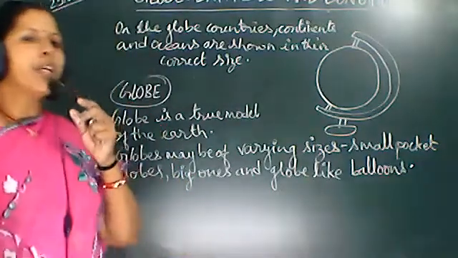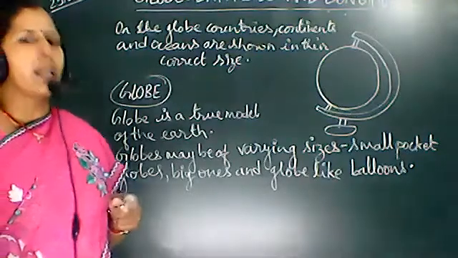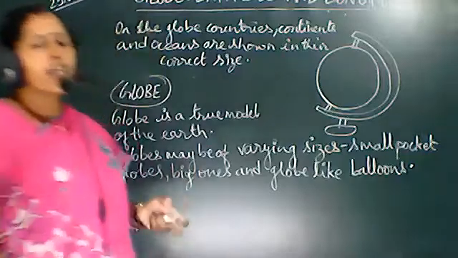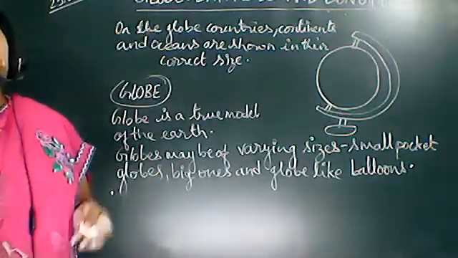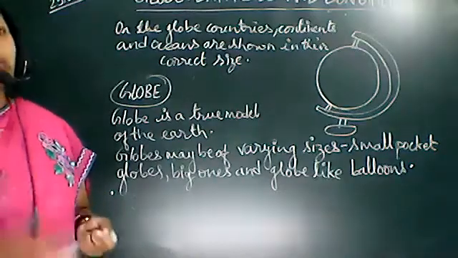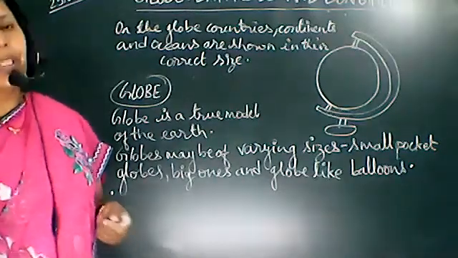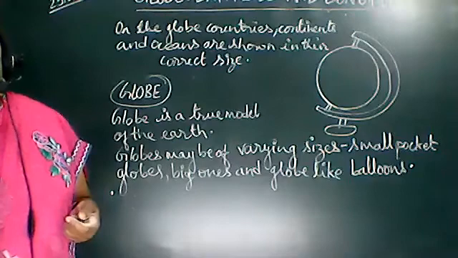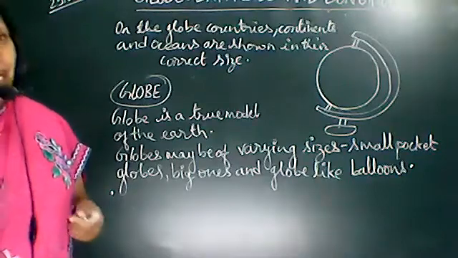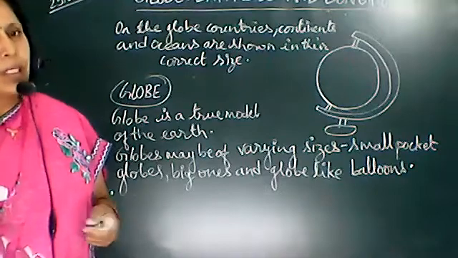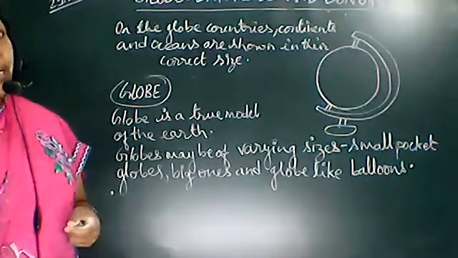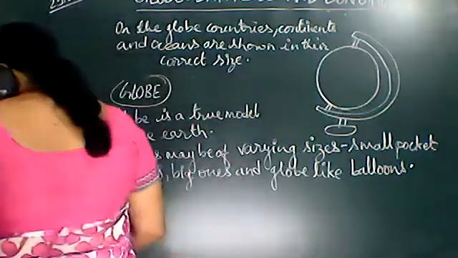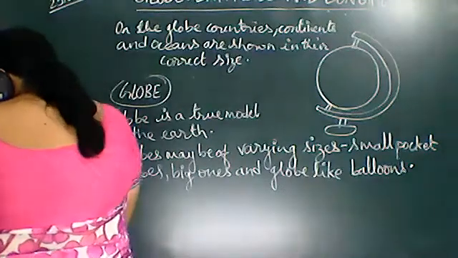Listen, children, what you have to do is you'll have to draw the figure 2.1 globe in your notebooks. You'll maintain the same notebooks as you maintain for science. The notebook you take for science should be the same notebook for your geography, and on the white page you will draw this figure, figure 2.1. You'll draw the globe in a neat and clean manner, and you'll write about the globe in a proper way. You'll be writing everything in your notebooks.